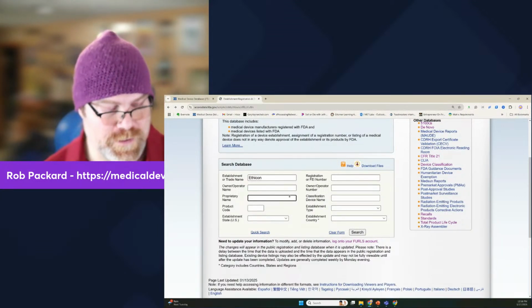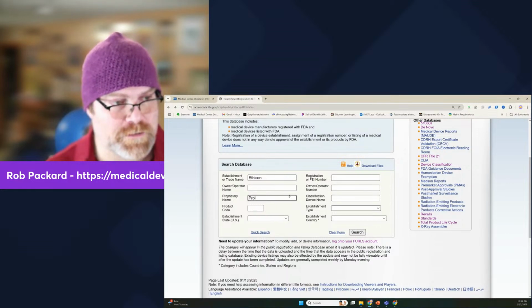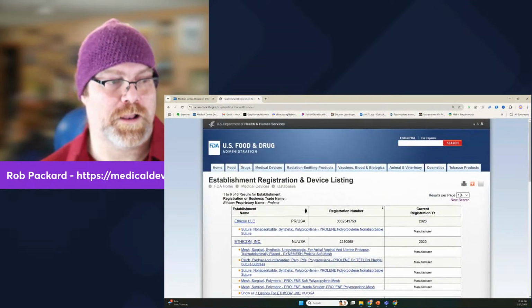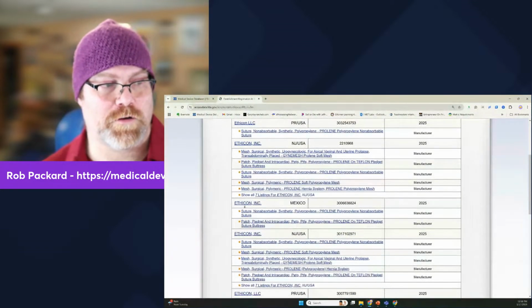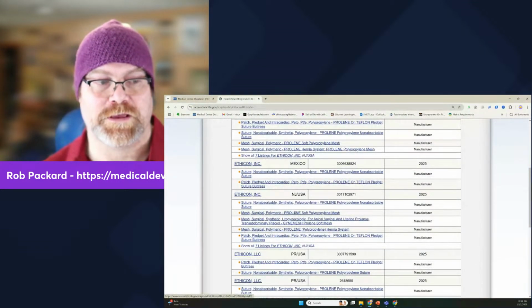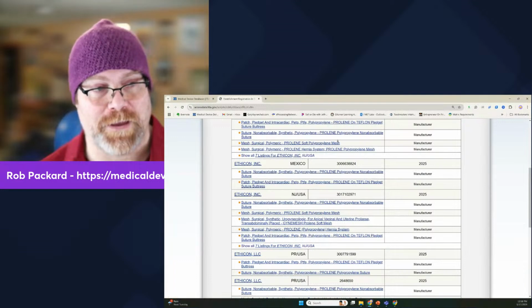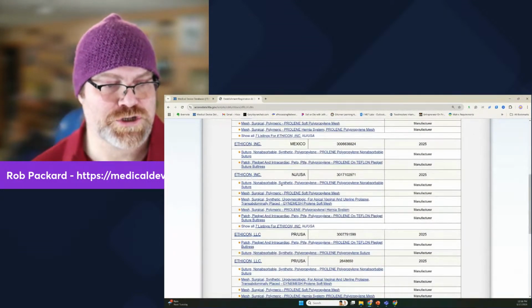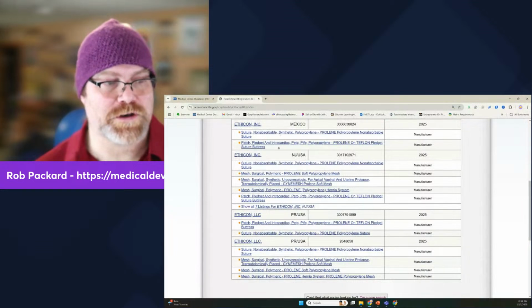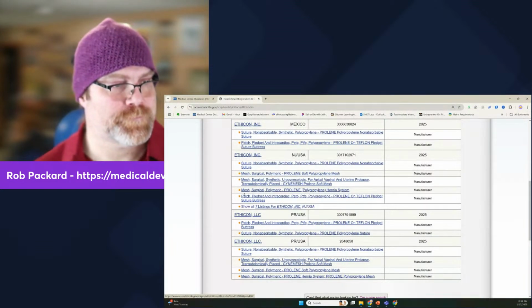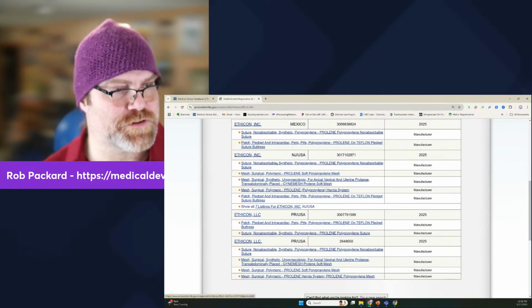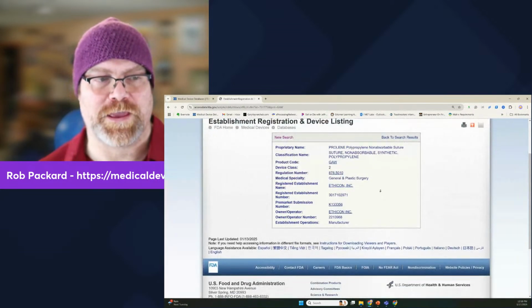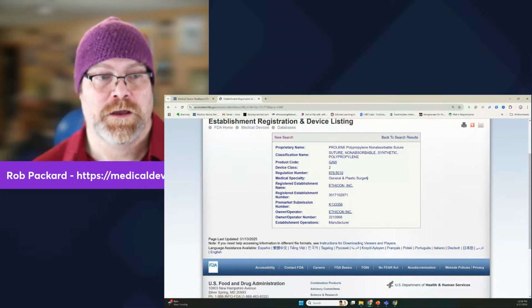And then I'm going to put in proprietary name here, Proline. And voila, we got 6 hits, all for Ethicon, all for Proline Suture. And they have also Proline Mesh is another thing that's in there. So Proline Suture and Mesh is listed. But if I wanted to know, and probably I should have narrowed this down to suture, but here's a suture that's Proline. If I wanted to know what the pathway is for Proline Suture,